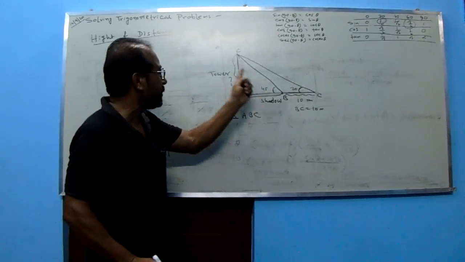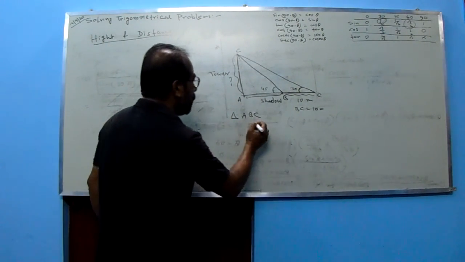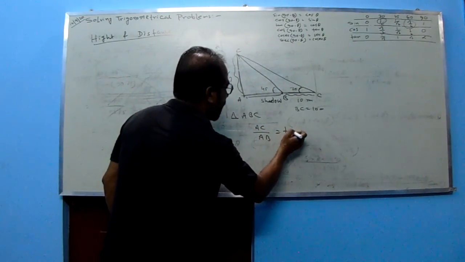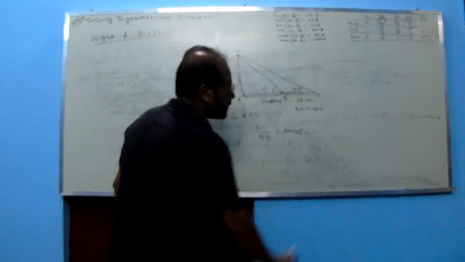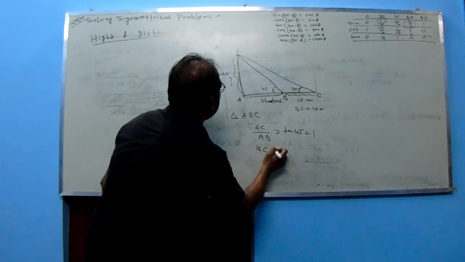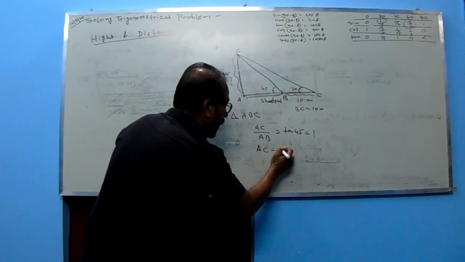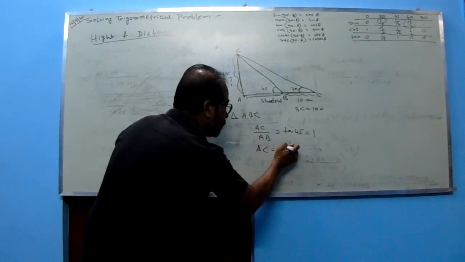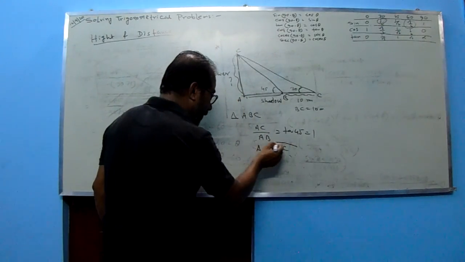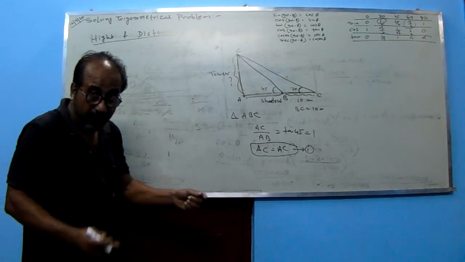With respect to 45, this is to be treated as the perpendicular and this as the base. So I can write AC by AB equals tan 45. Tan 45 means it is 1. Check the chart. So AC equals tan 45, which is 1. So AC equals AB. This is my first equation. And my target is